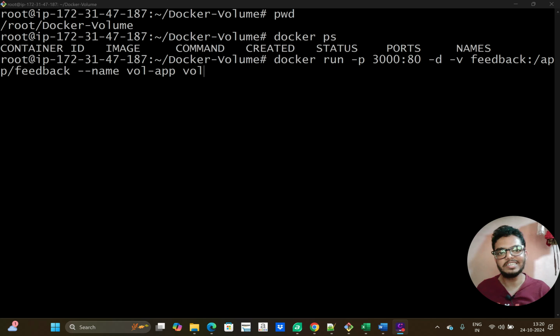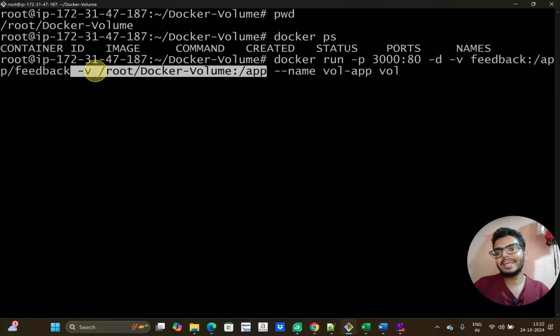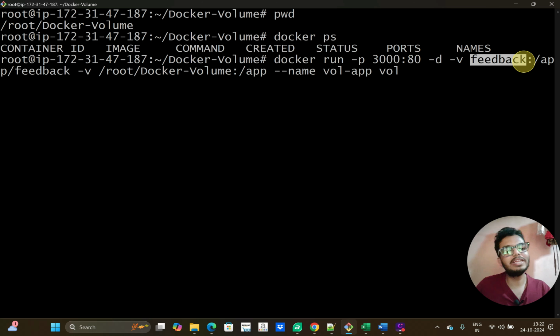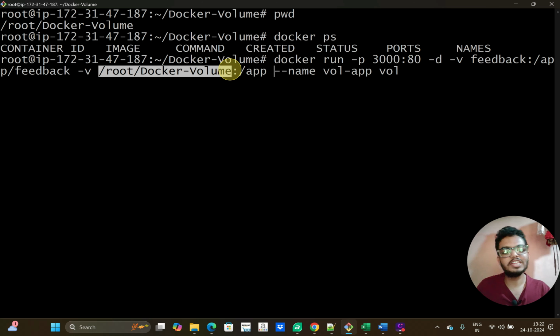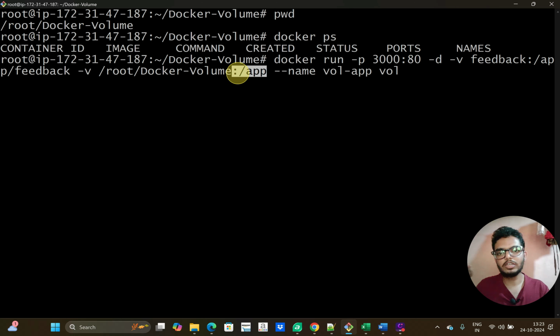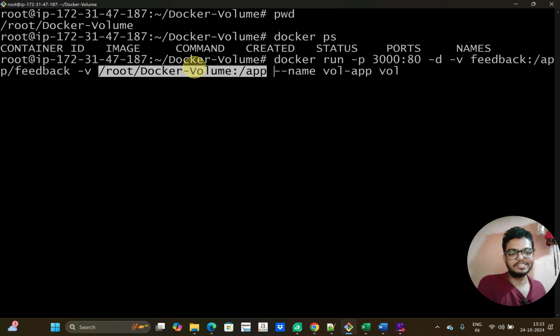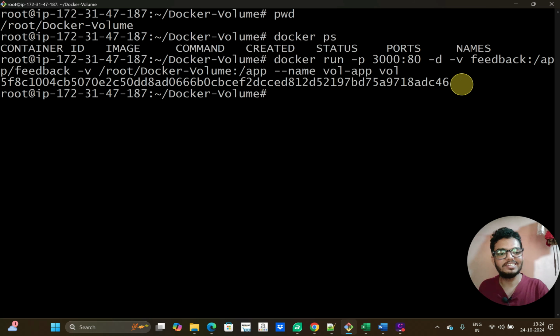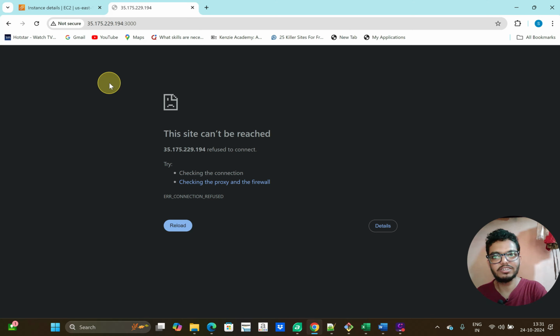Currently there are no running containers. In the previous session, we attached the named volume, that is this feedback. Now I want to attach this whole source code folder as a bind mount. For that I can use the same -v flag. In the case of a named volume, we provided only a name for the volume, that is feedback. In the case of a bind mount, we have to provide the absolute path of our source code folder, then a colon and the directory in the container. This will attach our whole source code folder to a folder in the container. Let's run this now. Now it created a container, and if you check the application in the browser, it's not working.